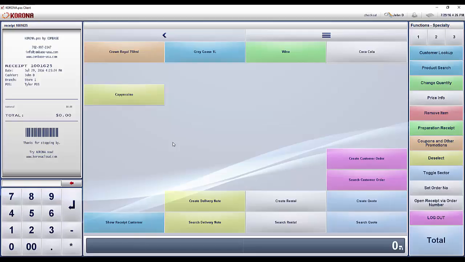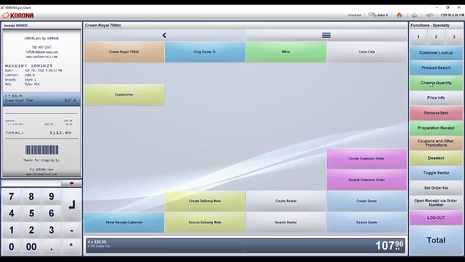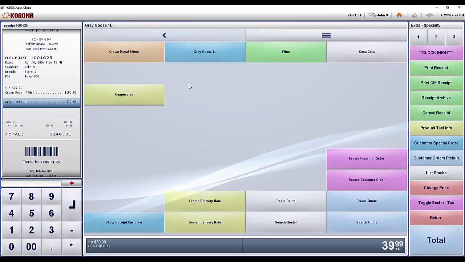Corona is optimized for checkout speed. Therefore, most functions requiring an input will allow the cashier to set the value prior to pressing the function button. For example, for quantity changes, select the item on the receipt, enter the desired item quantity, and press Change Quantity. The price change function works exactly the same way. Enter the new price and select Change Price. This eliminates the need of confirming the input by pressing Enter or Apply, and potentially eliminates thousands of keystrokes during a cashier's workday.